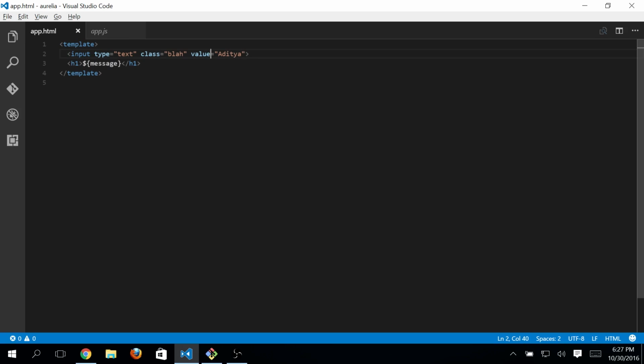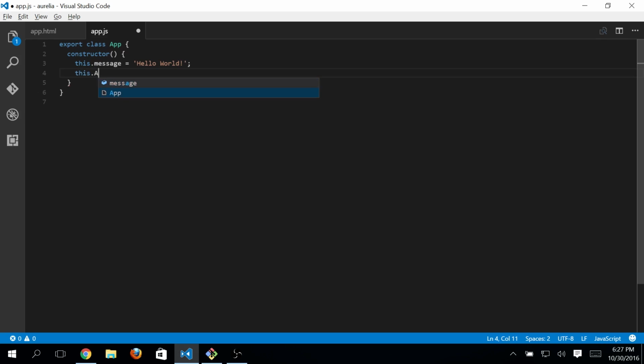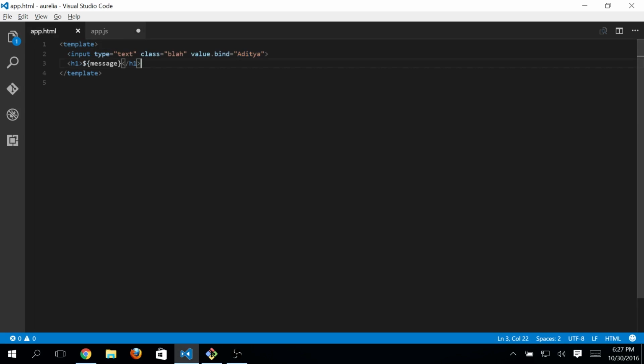So here we go, value.bind. What it is going to do is bind that value, and as soon as that value changes, it is going to change the message. Obviously it is going to show me an error now because I have set up this little weird variable. Let me set up this variable over here. I'm really sorry, I'm getting confused with this laptop's keys. Okay, let's see if we can print out